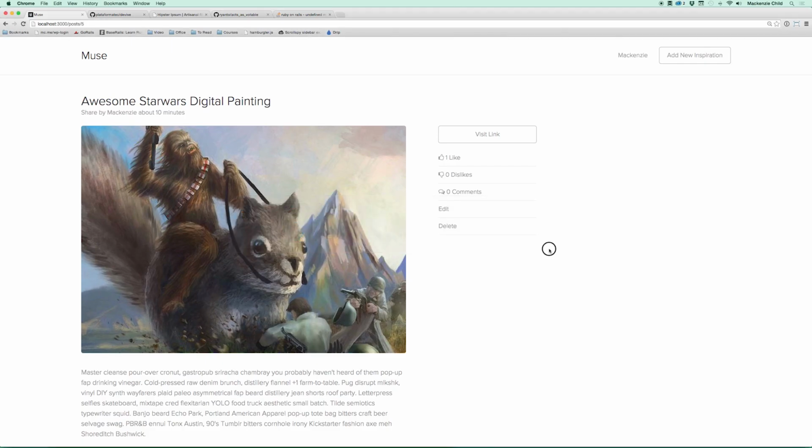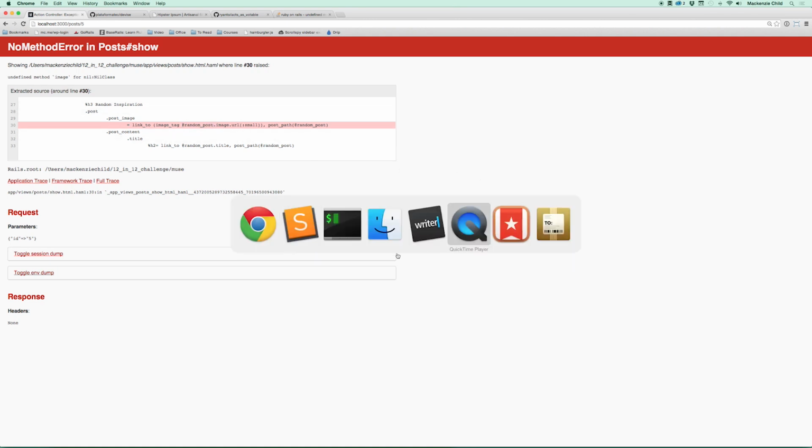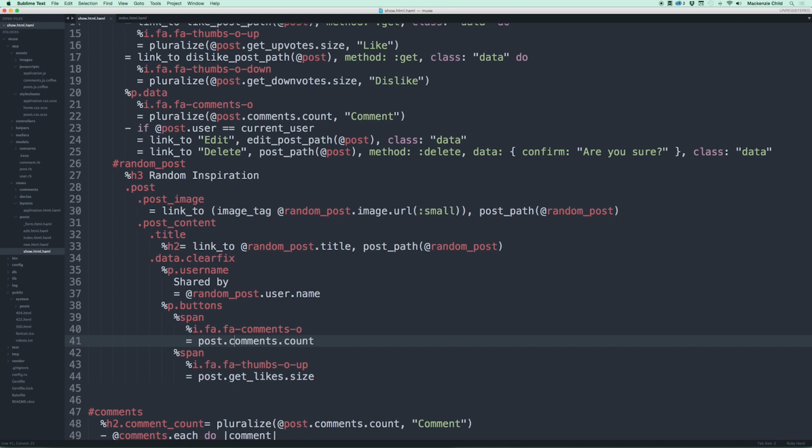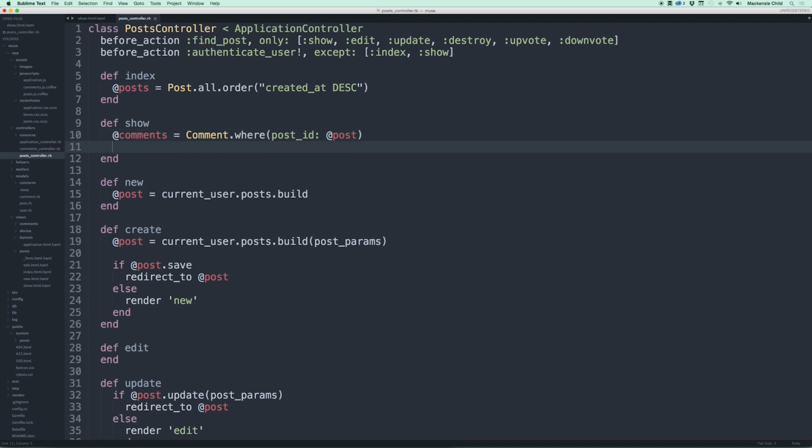So this is definitely going to throw an error because we have not defined the random post. So let's do that. Let's go to our posts controller, and inside of the show, we need to define what the random post is. This took me forever the other night to figure out how to get this to work correctly. There's a way to generate a random post, but we don't want the random post to be the same as the current post that we are in. So I figured it out by doing @random_post equals